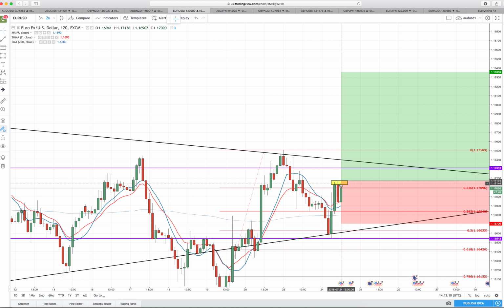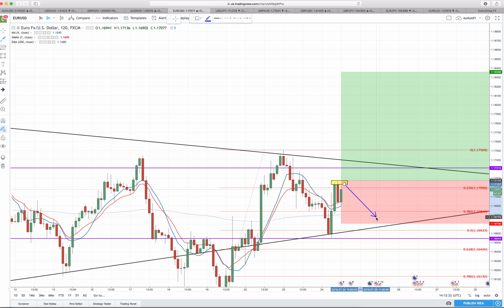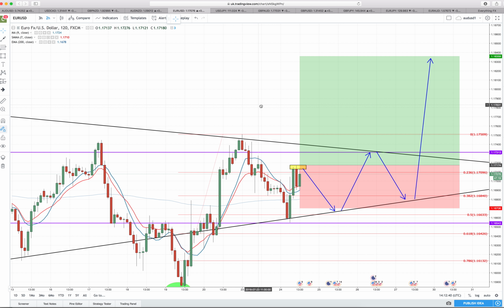Your entry point isn't quite there yet. If it rejects this area once again and pushes back to the downside, then we will just leave it for now and reanalyze. A possible move would be a rejection of that area back down to this trend line that has been respected, then a big push up, and we would either break that area. It's pretty easy to follow the trend line patterns and the direction in which you can predict the market's going to go. Obviously, nothing ever works out perfectly, but these arrows indicate the direction that the market probably will go. The trend line's being respected each time,